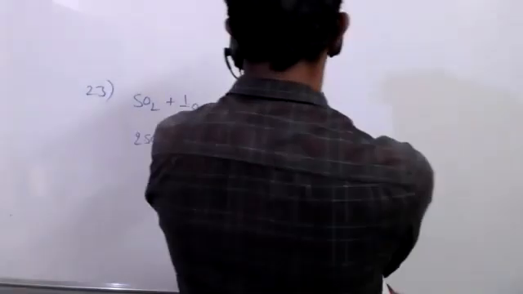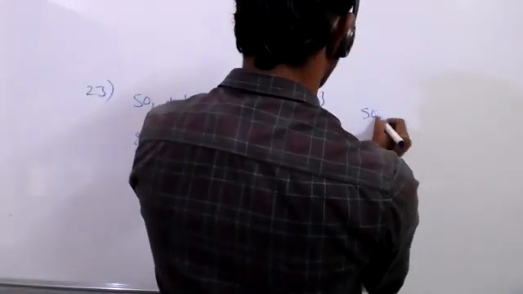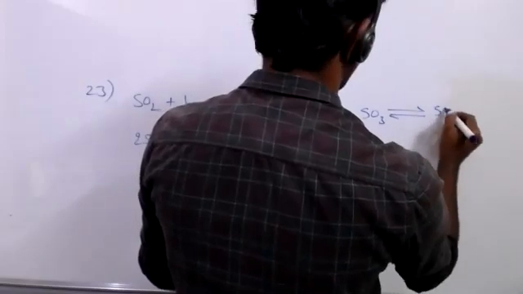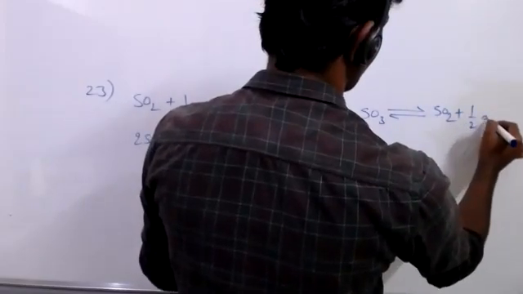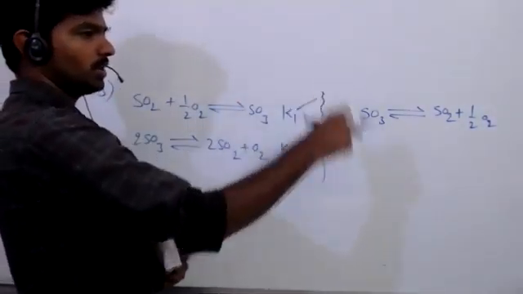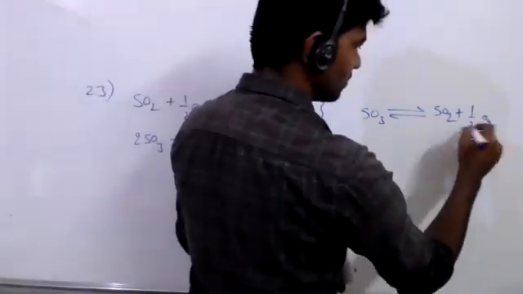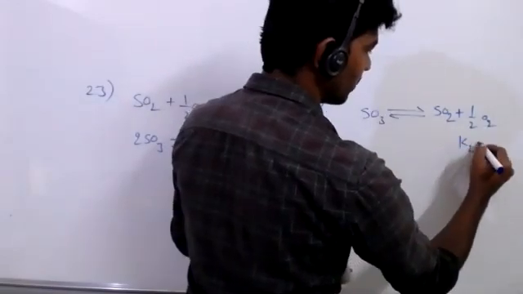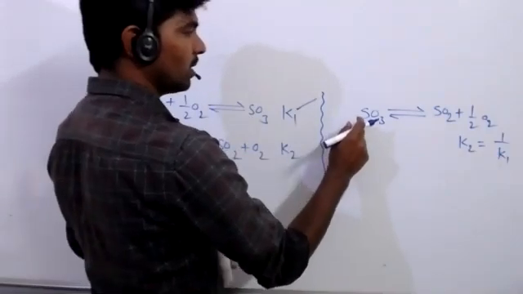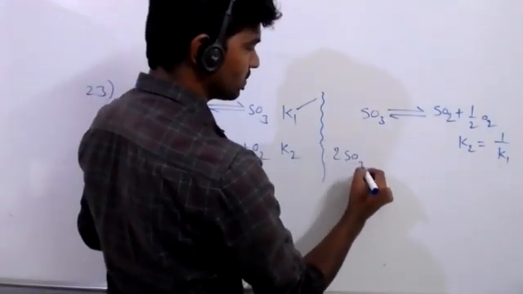First of all, this reaction is reversed: SO3 becoming SO2 plus half O2. First, we reverse reaction 1. Once the reaction is reversed, the equilibrium constant becomes inverse. So for this reaction, it becomes K2 only. K2 is equal to 1 by K1. Now this one we multiply with 2: 2SO3